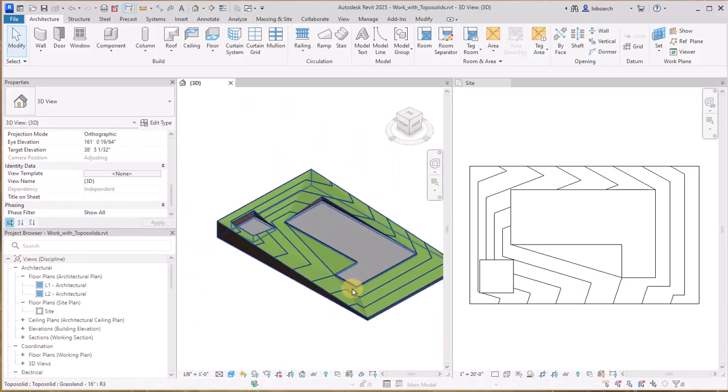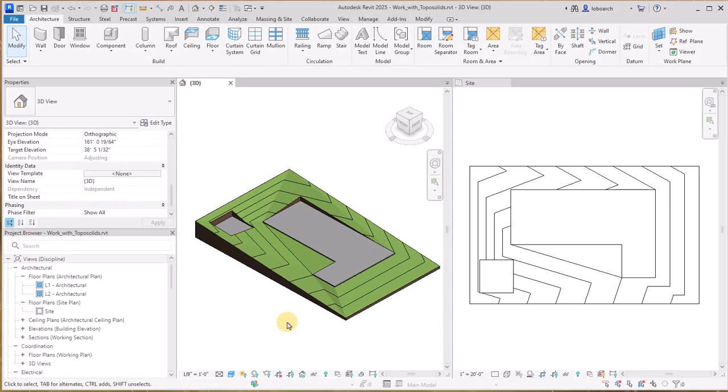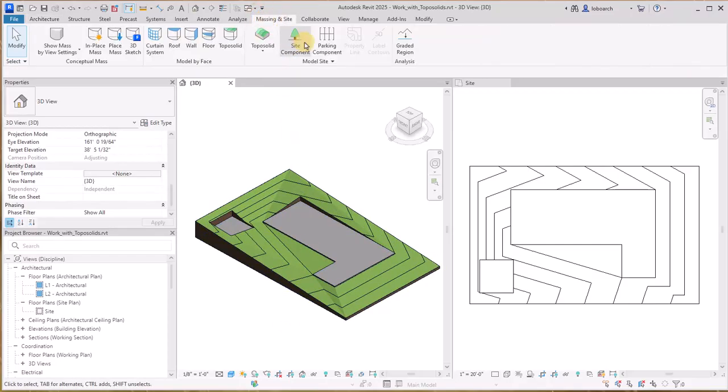As a Toposolid is graded like this, you may see it becomes faceted as the shape is changed to match the elevation points. You may consider setting the Toposolid element in your model to use smooth shading to reduce the faceted appearance. On the Masking and Site tab, click the drop-down arrow on the Model Site panel and select Toposolid